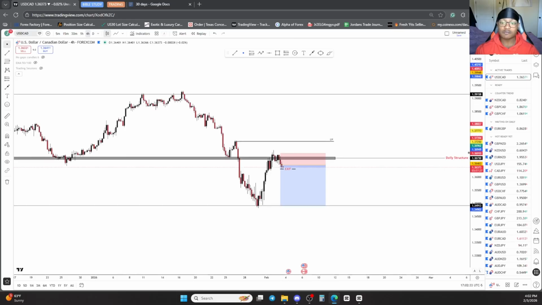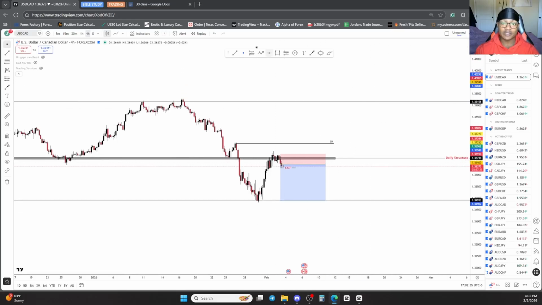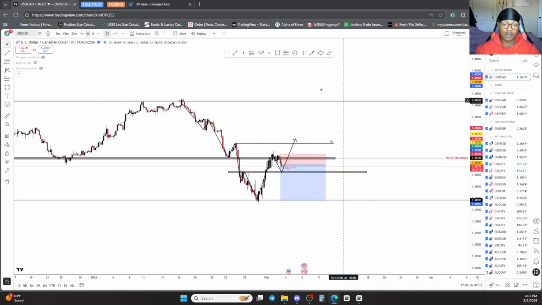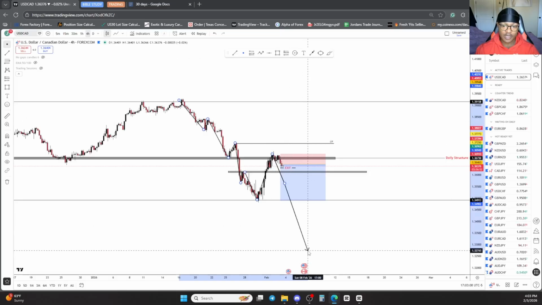And this makes more sense to me, because if I'm being honest, this is ugly structure. And if I know this is ugly structure, I can see one out of two things. I can see this little hiccup, if I wanted to mark it off like so, see price come down, retest this hiccup, and then have this push. Meaning, if price does not break through this level, which we're going to leave marked off, we won't see price go this way. Price is going to continue down, right?